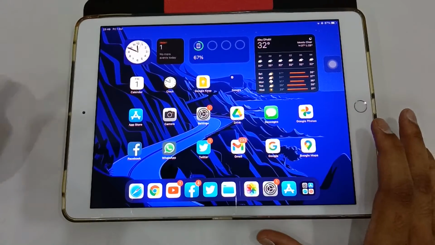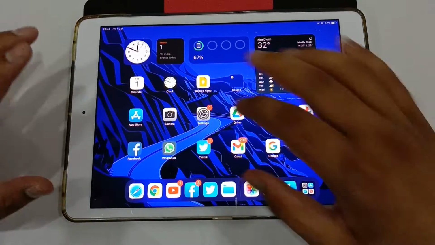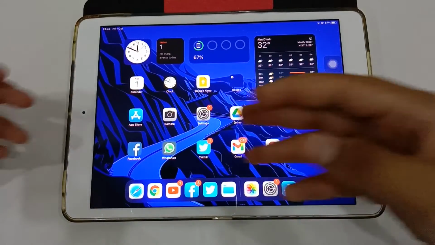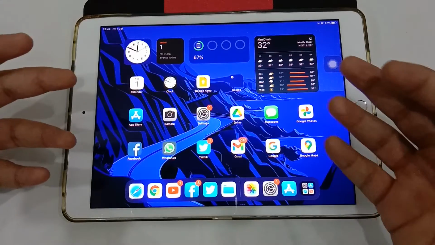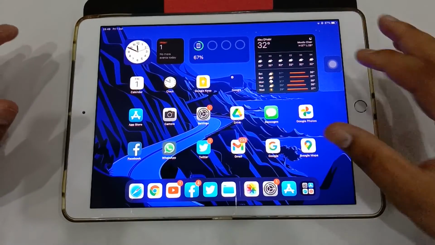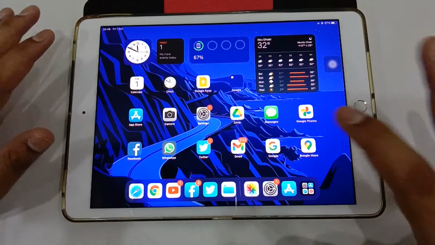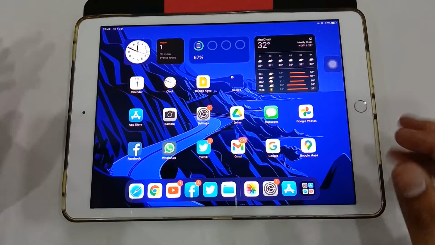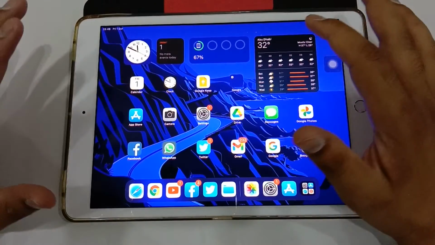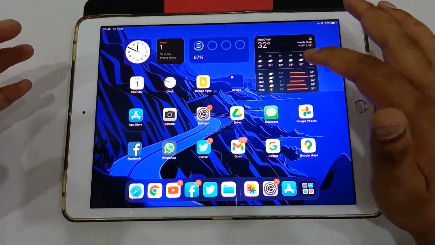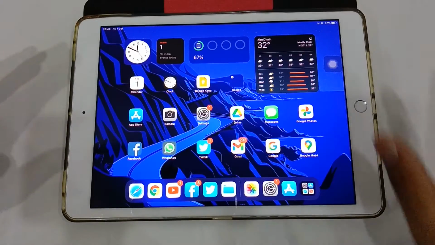And I would really like Apple to continue with the software support. Android gives you a maximum of 2 years of support, or maybe 3 years. Apple on its iPads and iPhones gives you at least, almost right now at this point, 6 years of software support, and that's one of the good things. So that's all the new things in iPadOS 15.